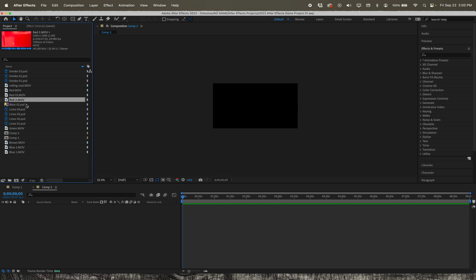So you just got to make sure you know the difference. Sometimes PSDs will come in a little different form than a JPEG will. So it's good to know that there are differences in file formats as well. But for example, to get started, one of the things I could do